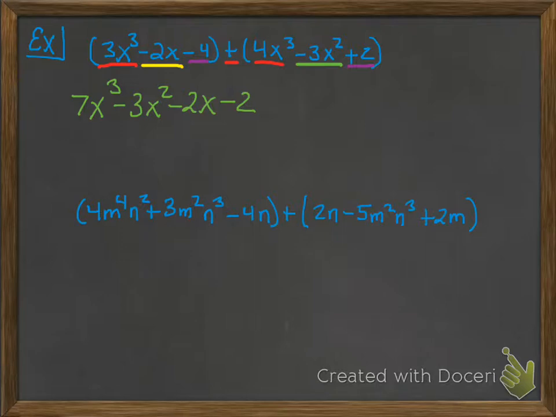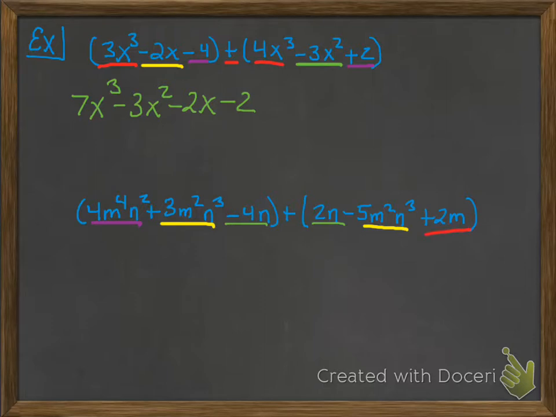Let's try this again. I'm going to go through and underline anything that I have alike. I have those two that are alike. I have nothing that's similar with the m to the fourth. I have an m to the second and an n cubed. I have that right there. And then the last one, I have nothing like it. So I'm going to start